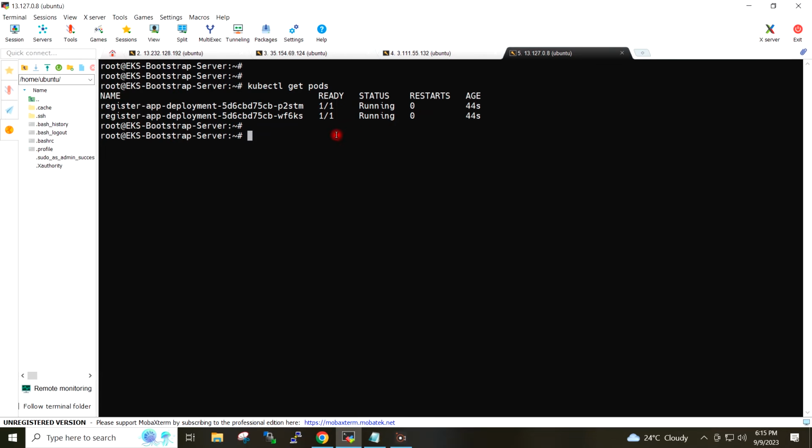And to get the external DNS name for my application, I will give the command kubectl get svc, which will show the service details of the service created in the default namespace.